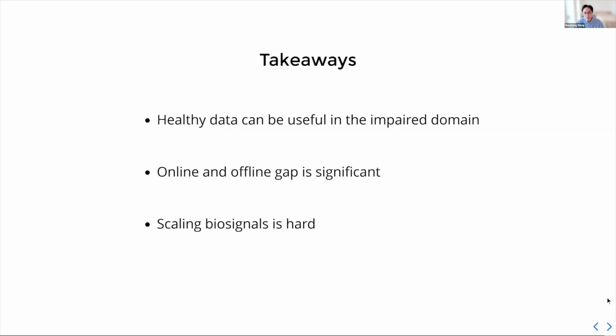And second point is that the online-offline gap is very significant. This is not only talking about the inference versus the offline setups, but also how you evaluate your model. Is your evaluation metric actually reflective of online usage?